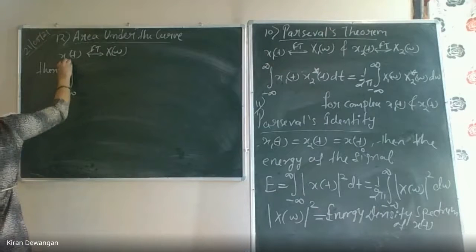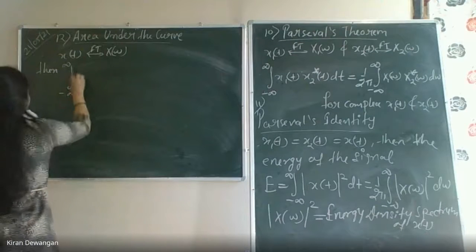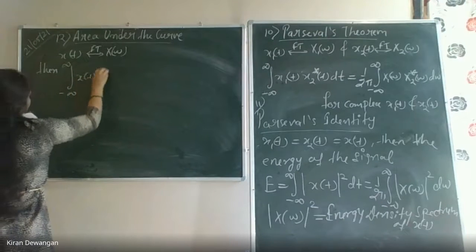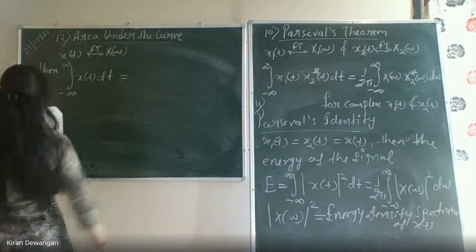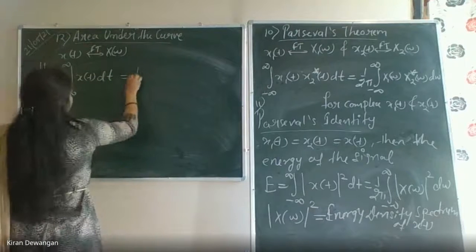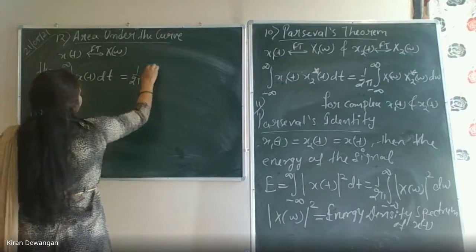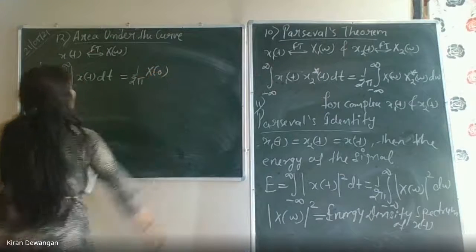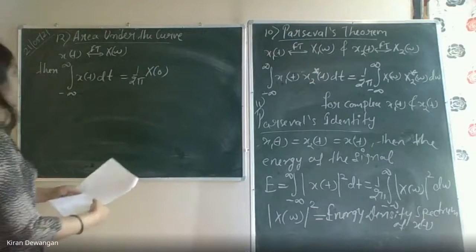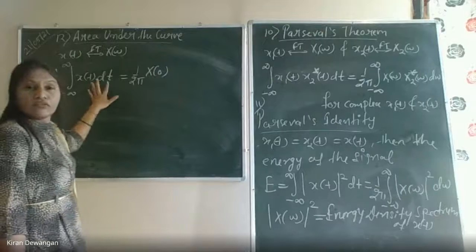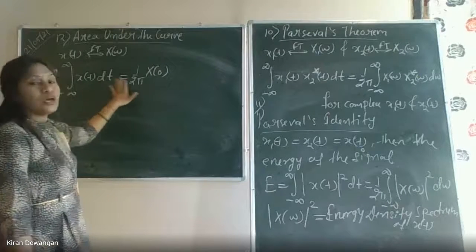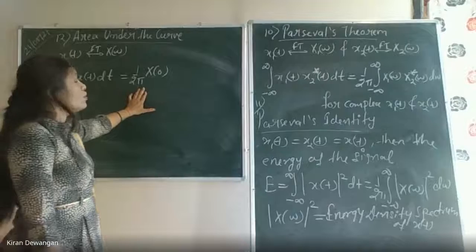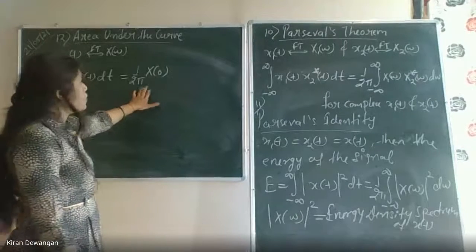Area under the curve means the integral from minus infinity to infinity of x(t) dt, and this will equal 1 by 2 pi times X(omega). Now what it is saying is that the area under the curve of any function x(t) will equal 1 by 2 pi times X(omega) at